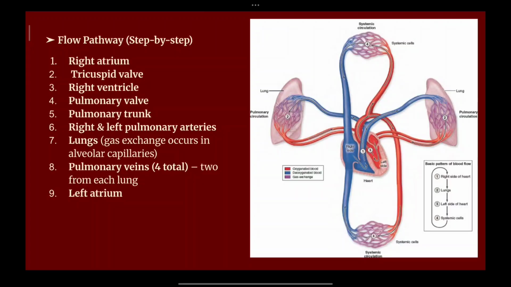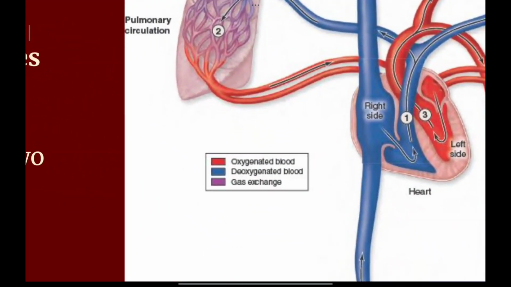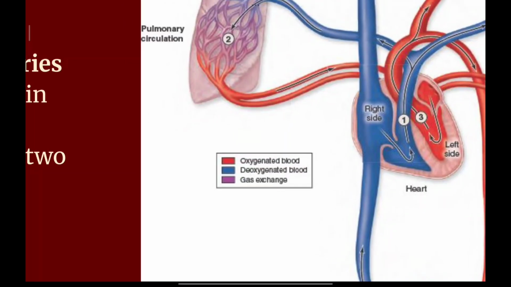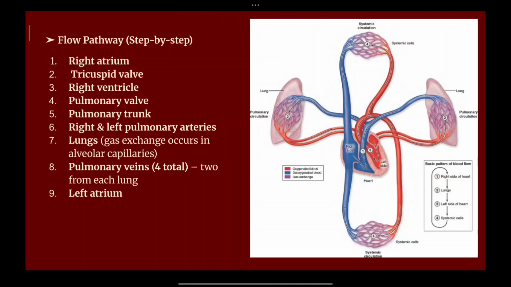From the right ventricle, it opens into the pulmonary trunk, as you can see here. On the right side, you can see the number 1. That is where the deoxygenated blood from the right ventricle enters the pulmonary trunk. From the pulmonary trunk, it divides into the right and left pulmonary arteries. Any vessel that arises from the heart is called an artery, and anything that is received by the heart is called a vein. So this is one exception that you have to keep in your mind.